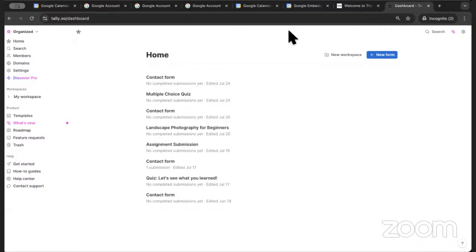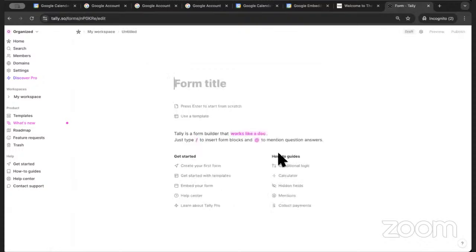Yeah, so now when we have Tally here, the first thing you would need to do is basically to click plus new form. And one of the other things that we like about Tally is how seamless it looks in Notion. So if we go ahead and click plus new form, as you can see, it's kind of similar to Notion style in the sense that you type the title, let's say contact form,